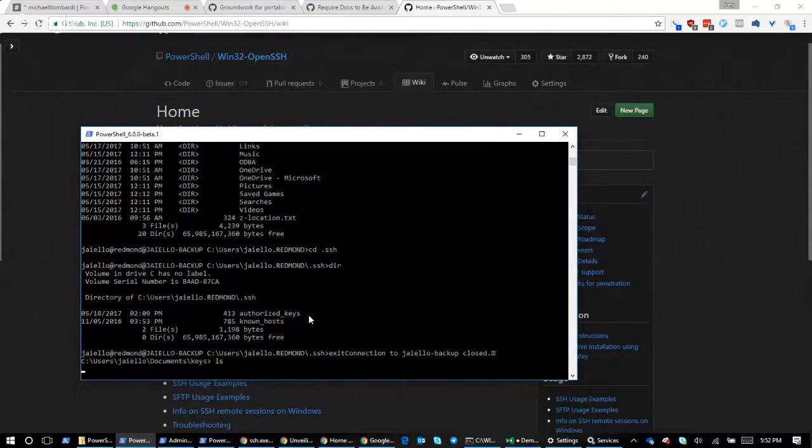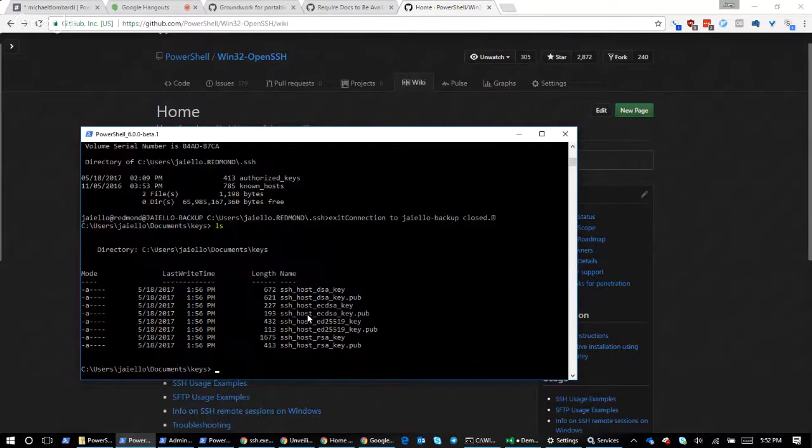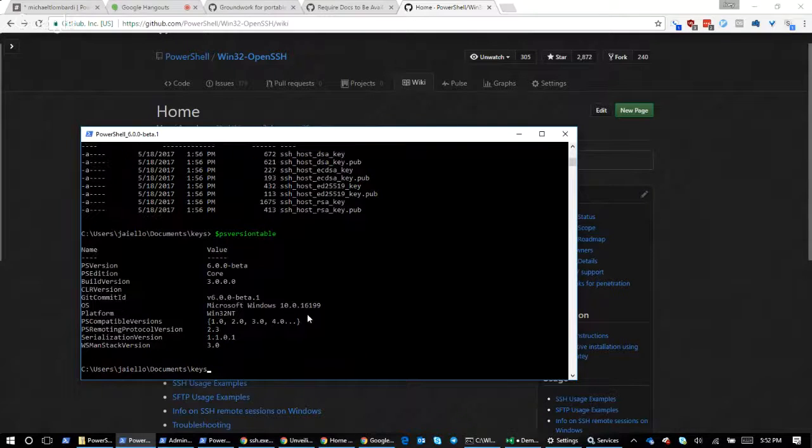So let's see here. I'm running in PowerShell. This is PowerShell 6. What we've done is we've taken PowerShell remoting protocol, which is a relatively thin serialization protocol that has been funneled over WSMan, or its Windows implementation of the WSMan protocol, WinRM, right?